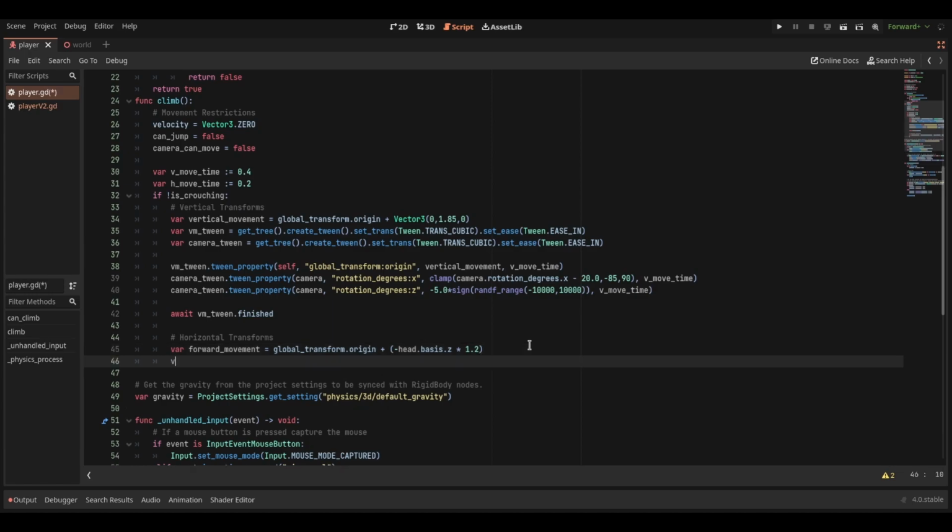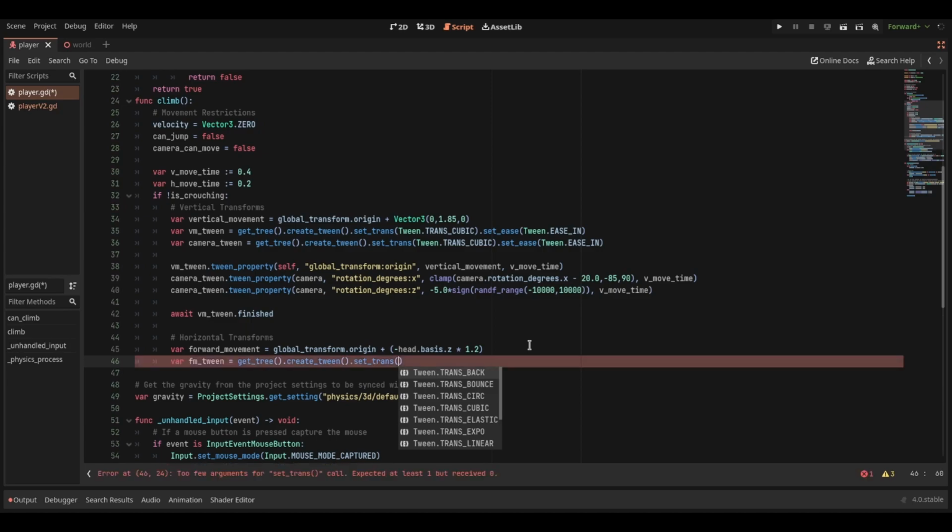So forward movement tween is equal to get_tree().create_tween().set_transition to Tween.TRANS_LINEAR,